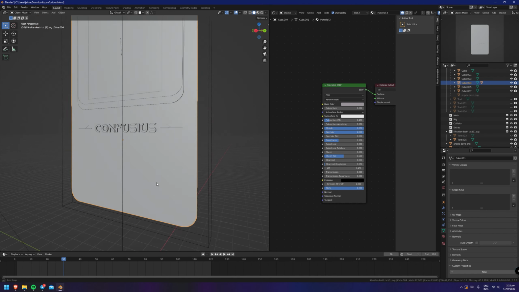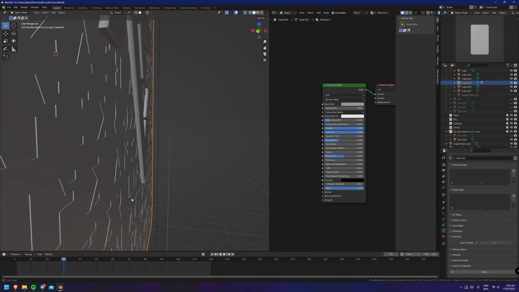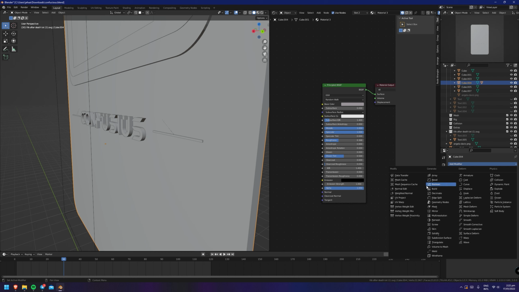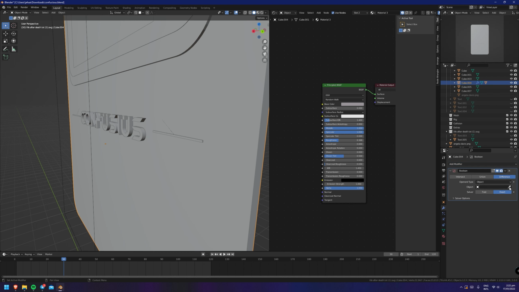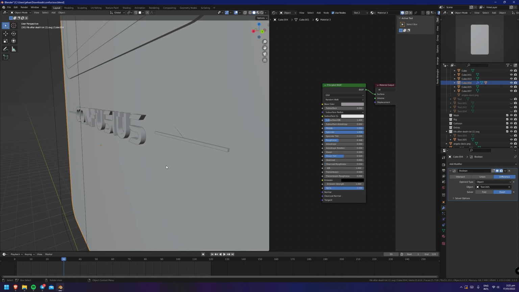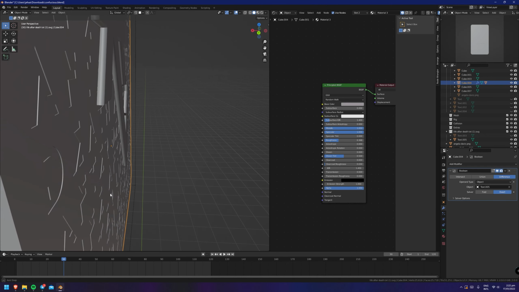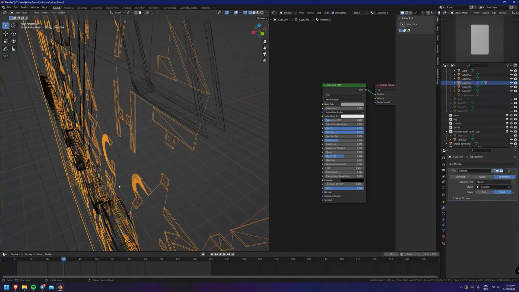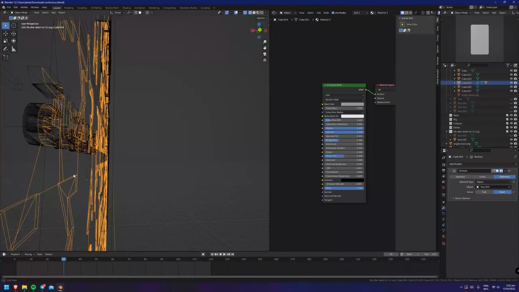Then I click this bigger main card part. I go over to the side, click this little wrench, add modifier, and you want to add boolean. Now you click this little eyedropper tool and select the text and make sure it's difference, and then it shouldn't look like it's doing anything, but if you go into the wireframe view, you'll see that there is something going on here